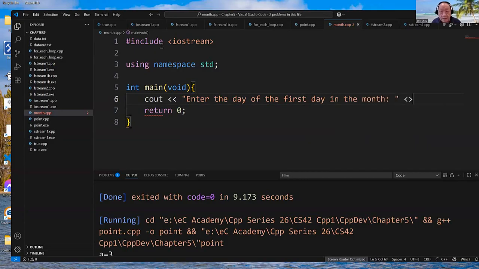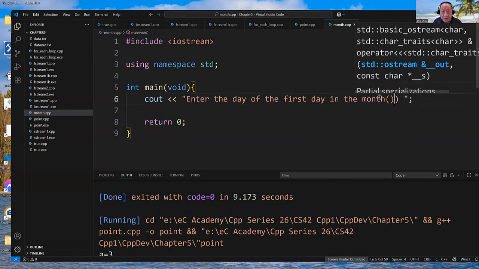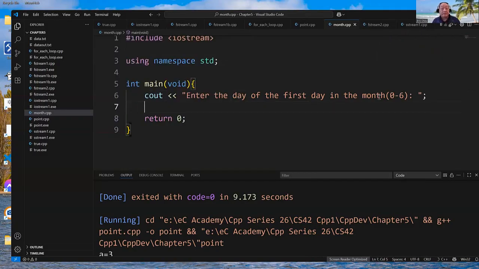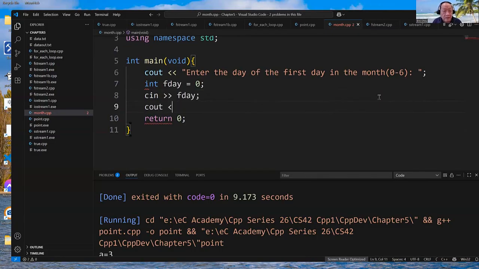This can be 0 to 6. 0 is Sunday and 6 is Saturday. So you do an integer, first day, let's do fday equal 0, and then you do cin into your first day. Now you do enter